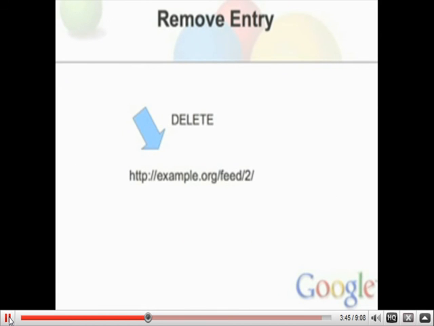This is actually just, you're going to send a simple HTTP delete message to the URI of that entry. And that's it. There's no body that goes along in that request, just a delete. Once that delete gets received by the server, that entry gets removed from the feed, and like we said before, that gets reflected